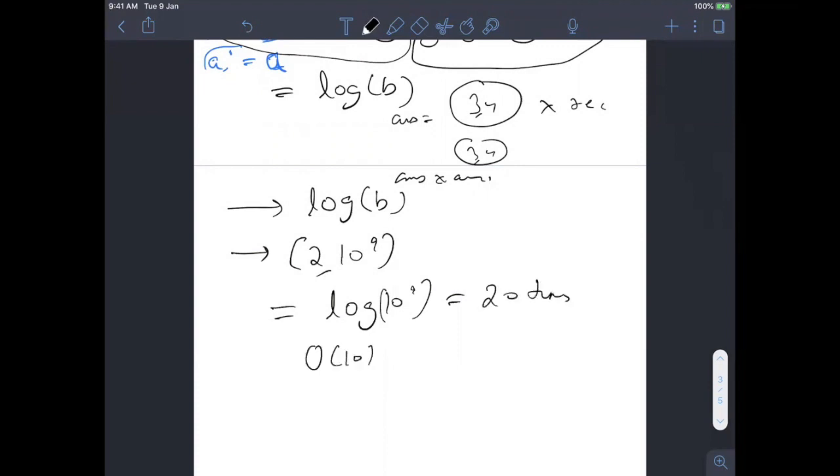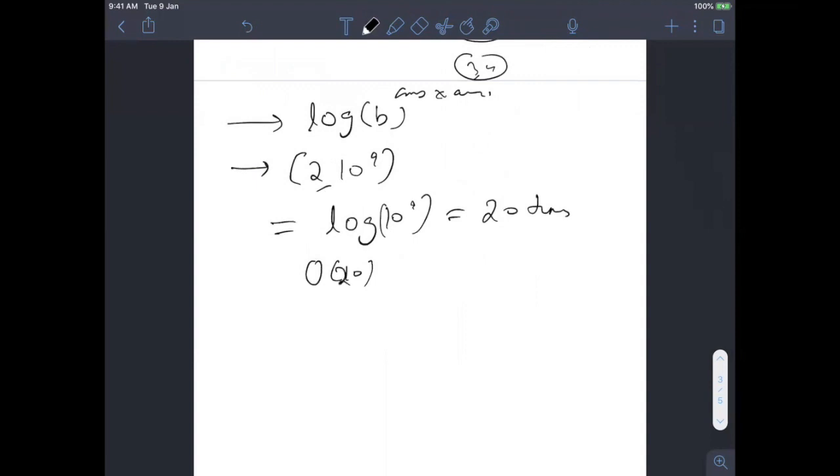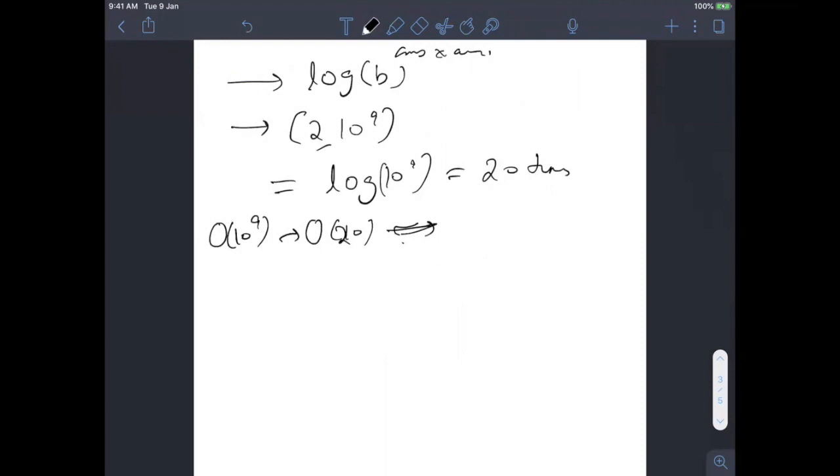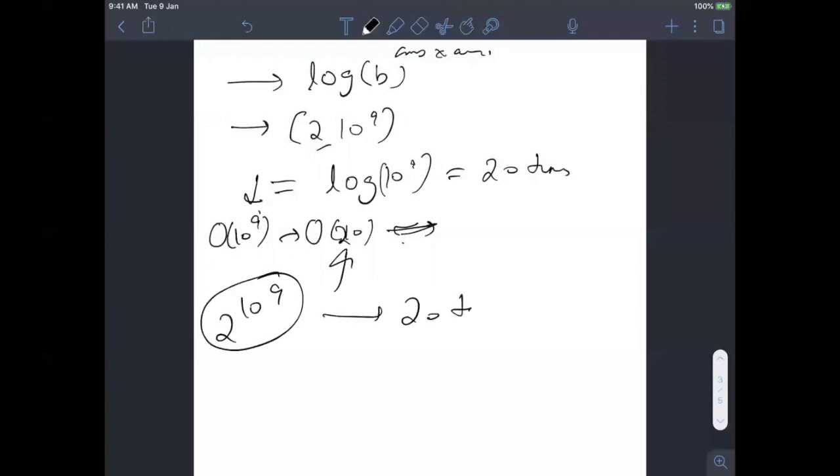So if you look closely, earlier we were calculating 10 to the power 9 times, and now only 20 steps. See, that's the power of algorithms. People say it's easy, but let's see, we have reduced so much computation. Earlier we were calculating 10 to the power 9 times. Now we are bringing the answer in 20 steps. You are able to print this big number in only 20 steps. So that's the power of binary exponentiation.